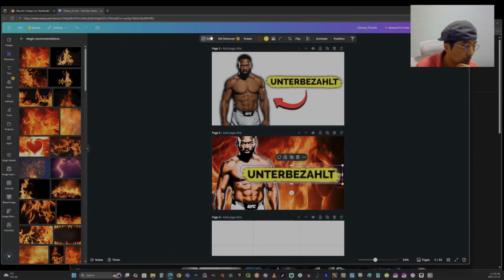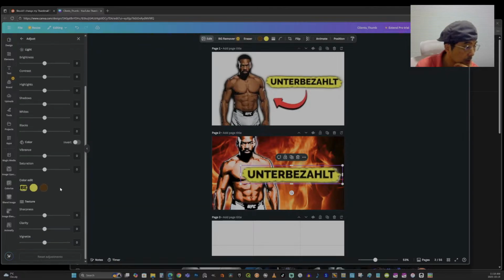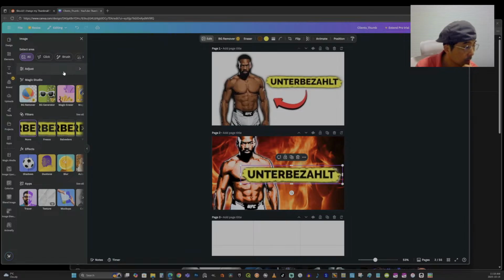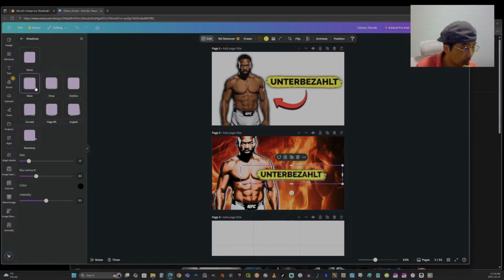This, because the resolution is just a bit low, I want to adjust the clarity and sharpness so it stands out more. I want to see whether shadows work for this image. Yeah, it works, but it's shrinking the, so you probably want